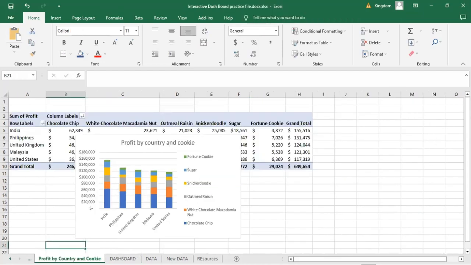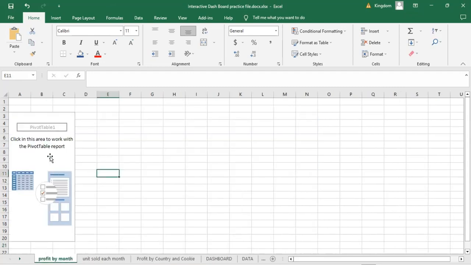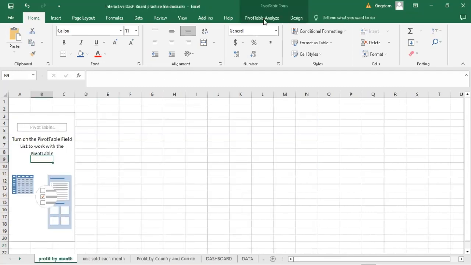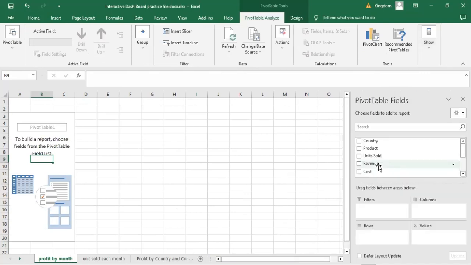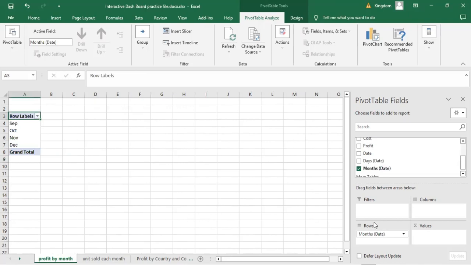Now again, we'll come back to these sheets. We've analyzed profit by country, then by units sold. The last one I want to get is profit by month. So back on the pivot table region, I'll have to go back and activate my field list. Now for profit by month, the month is what goes in the row, so I will select my month, move it to row, and then my values